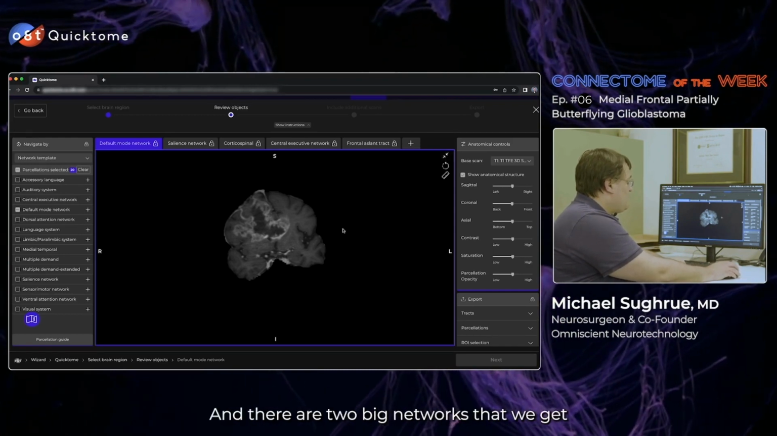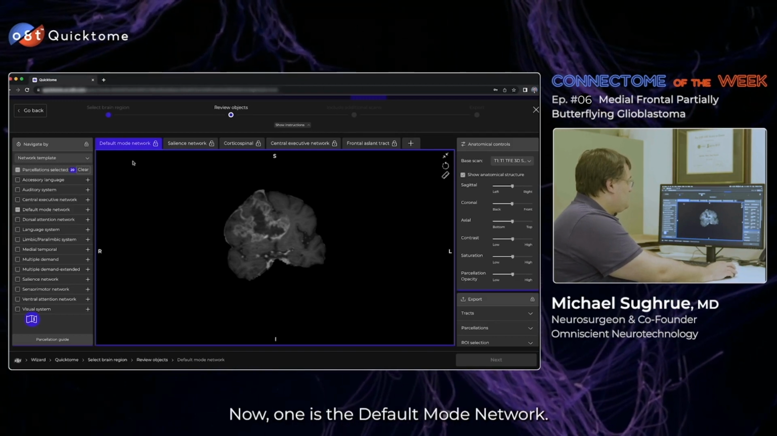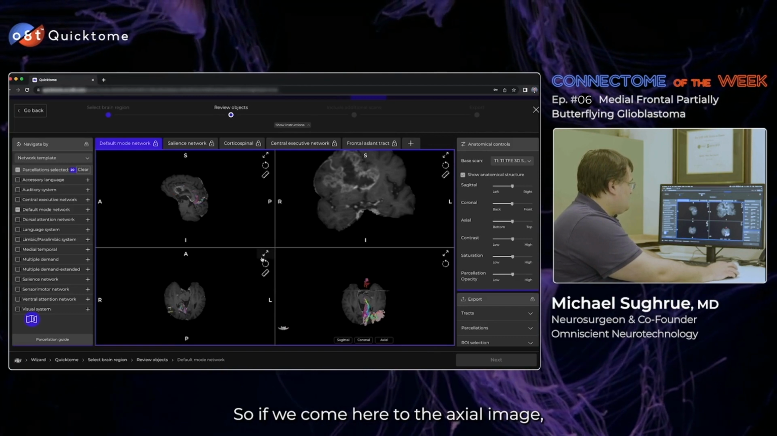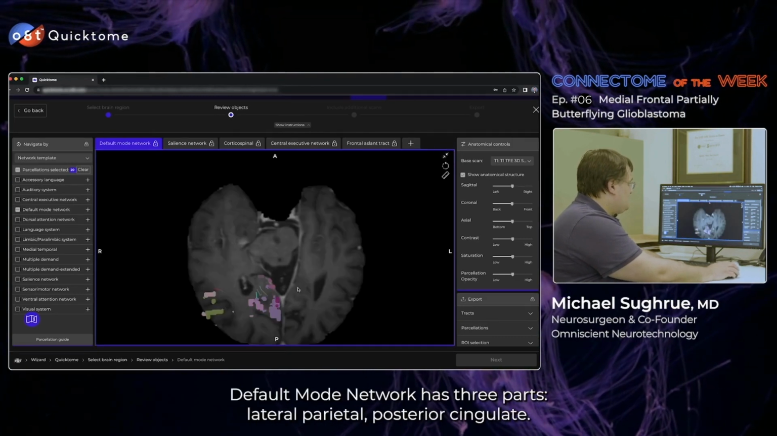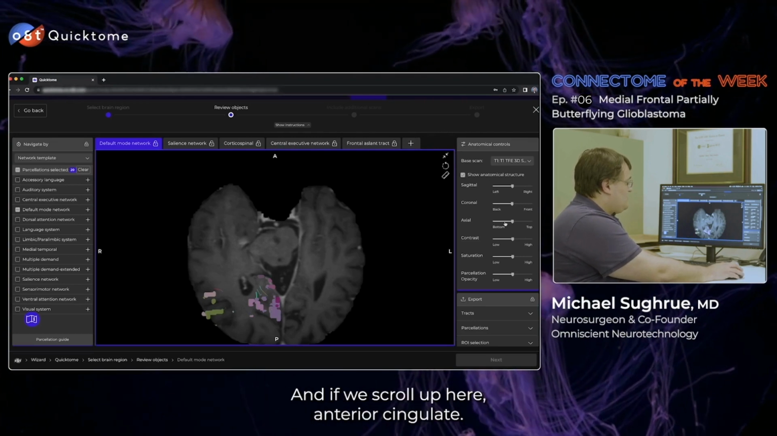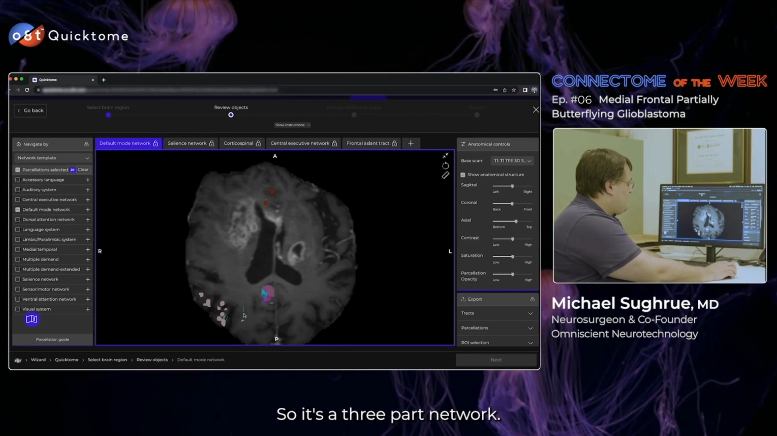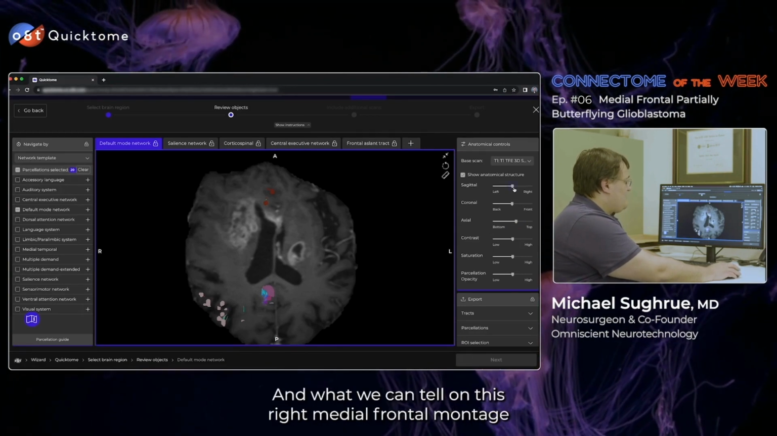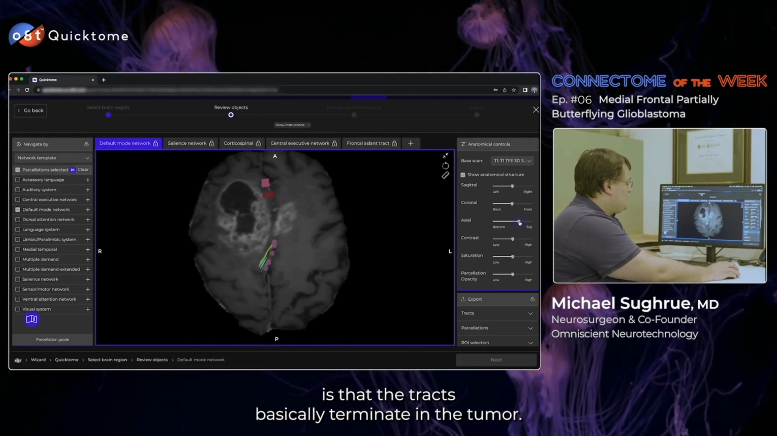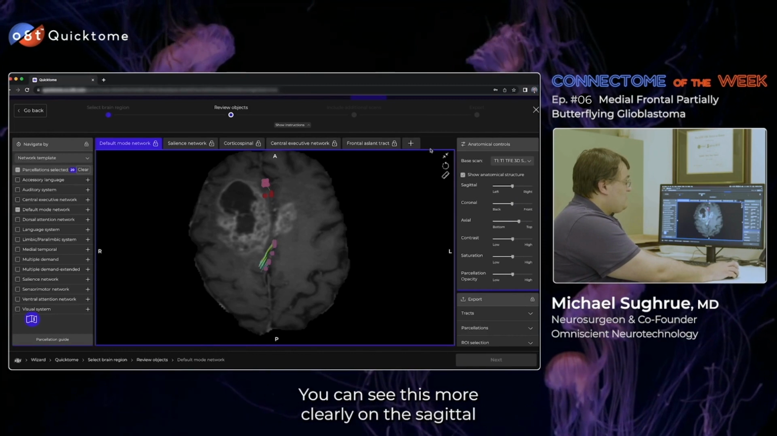And there are two big networks that we get concerned about in the medial frontal lobe. Now, one is the default mode network. So if we come here to the axial image, the default mode network has three parts: lateral parietal, posterior cingulate, and if we scroll up here, anterior cingulate. So it's a three-part network. And what we can tell on this right medial frontal montage is that the tumor basically, or the tracks basically terminate in the tumor. You can see this more clearly on the sagittal,